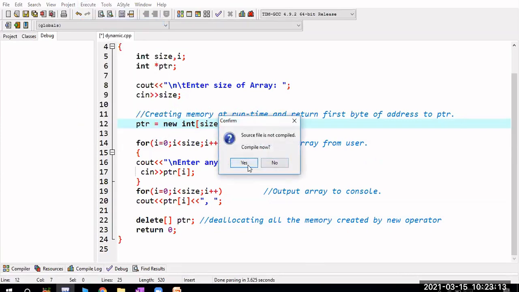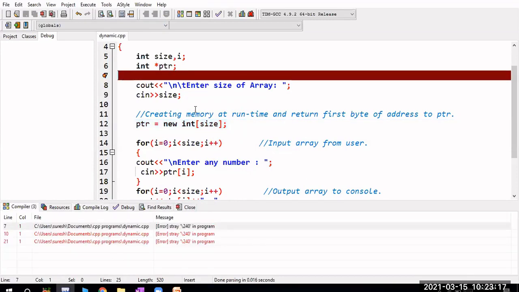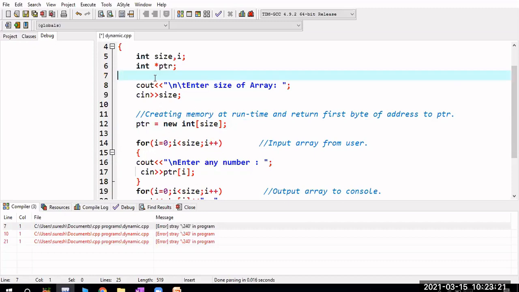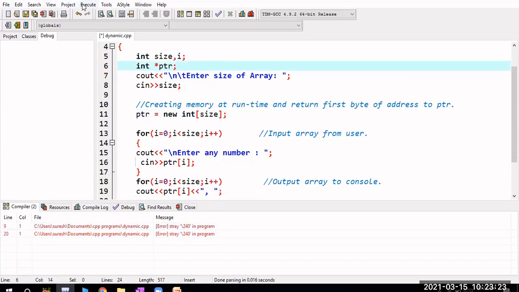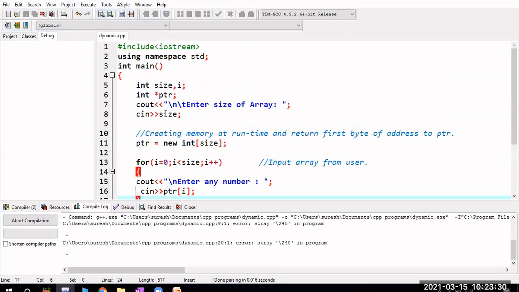First you have to compile. After this compilation, I'm getting some errors. One minute, what is that error? I will save. Return 0 is mentioned. I will click on execute, compile.